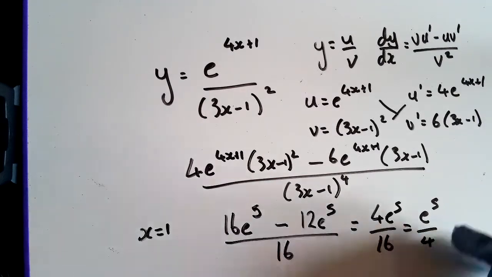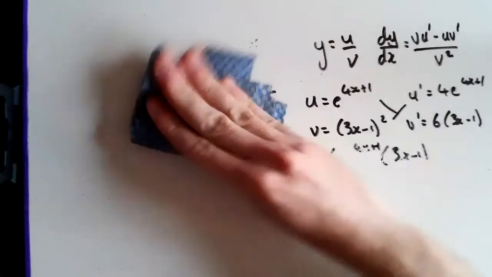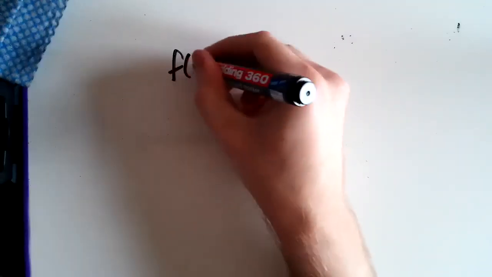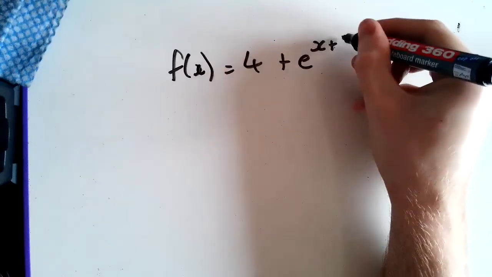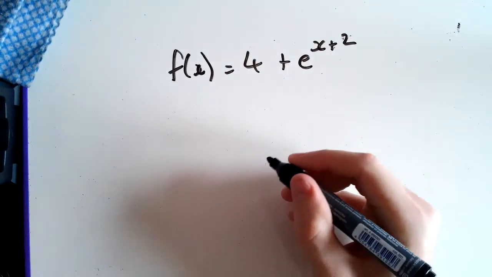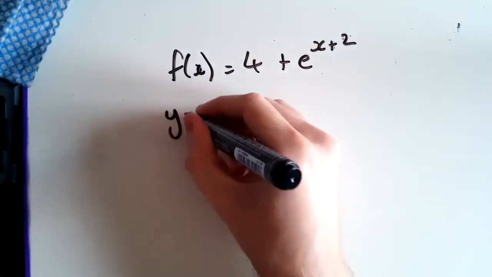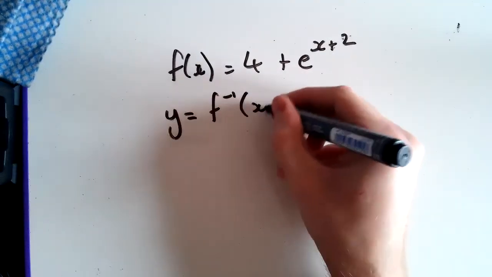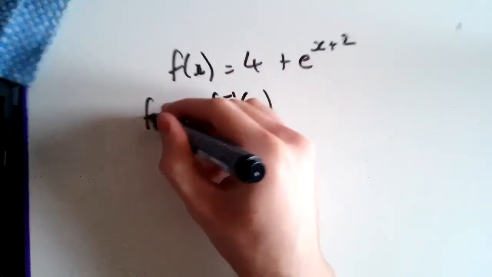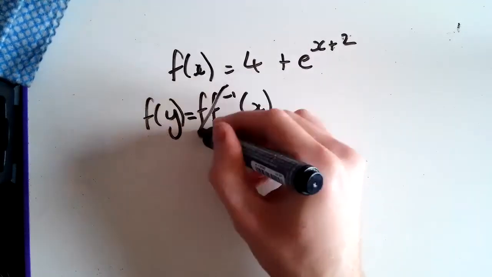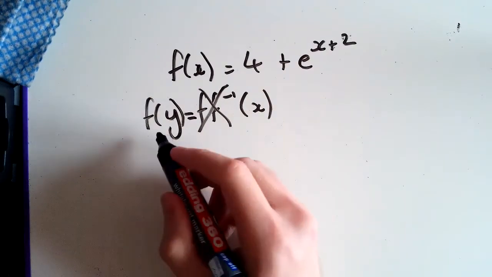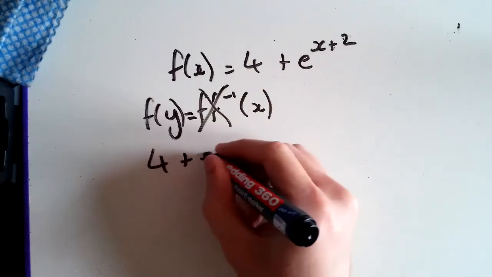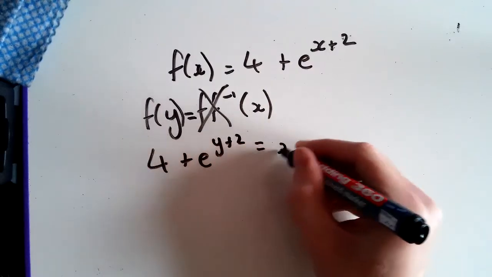Okay, next one. We have f of x is 4 plus e to the x plus 2, and we want to get the inverse, so we call the inverse a different letter to y, so y equals f inverse of x. We apply f to both sides, and that means the f and inverse cancel out, so I get f of y equals x. So I sub in y into f, so 4 plus e to the y plus 2 equals x,